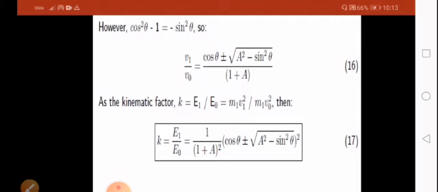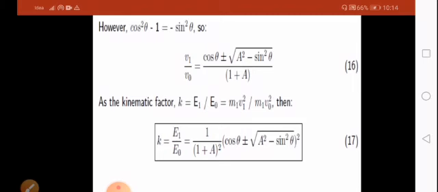So if theta is equal to 0, what does it mean? There is no deviation for the outgoing particle with the incident particle. So there is no scattering. Then if theta is 180, what does it mean? If theta is 180, that means the incident particle is getting rebound. Okay, maximum scattering is happening there. So the particle is getting rebound. That is why the angle between the incident direction and the scattered direction is 180 degree.